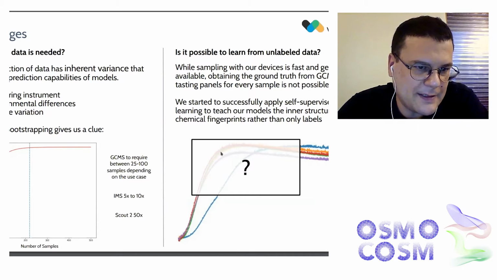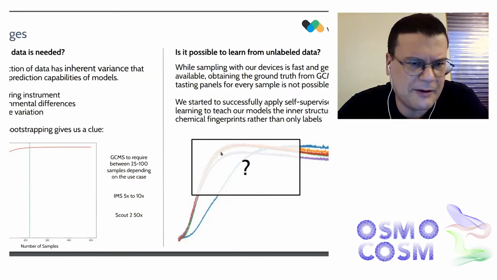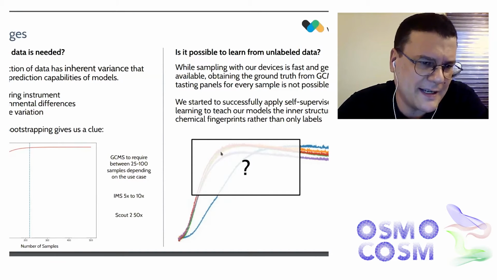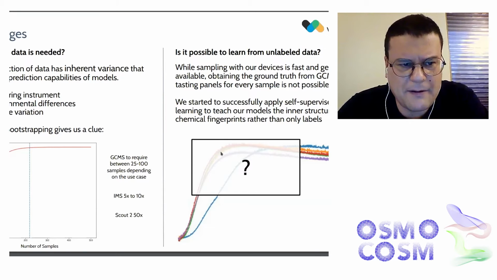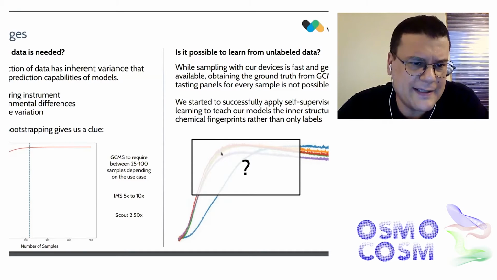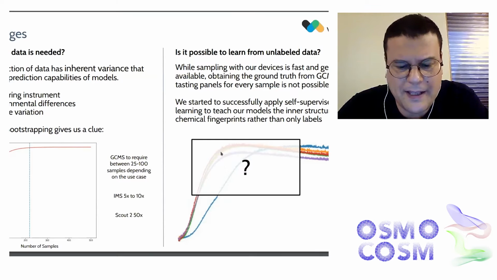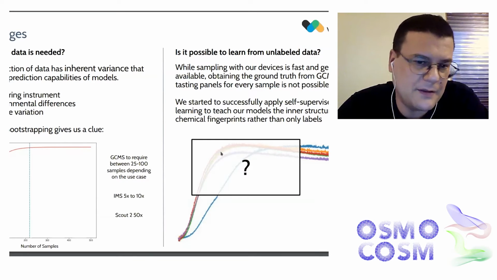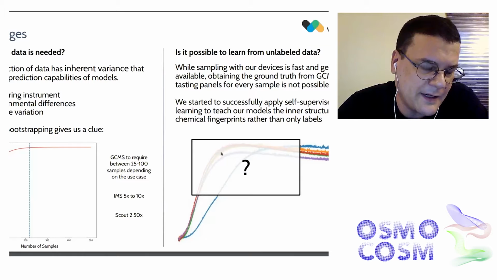Of course, GCMS is very consistent, but when we are talking about devices like electronic noses, metal oxide sensors, they are terribly bad at giving consistent signals. So that's one of them. And then the other one is the variation in the samples themselves. The fact that one variety of coffee shows some chemical composition doesn't mean that the same variety from a different batch is going to show the same thing.